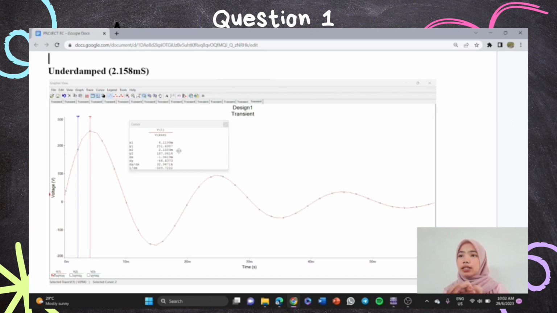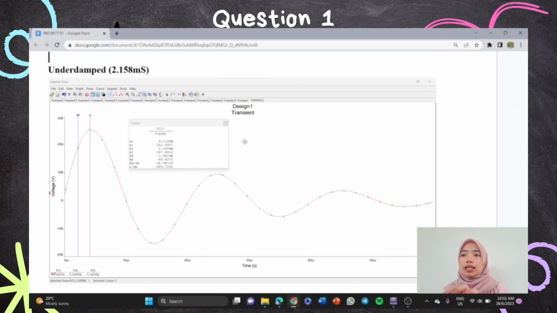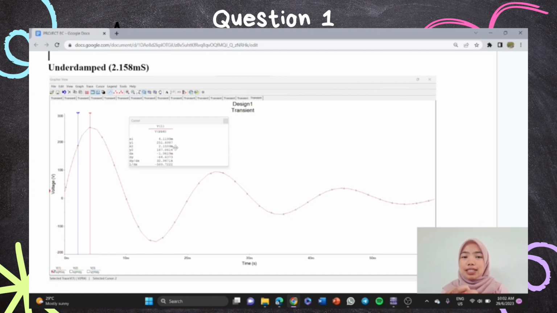For underdamped, we can see that the peak value of the final voltage is 251.7 volts, and 18% of the peak value is 187.1 volts at the shortest time it can reach, which is 2.16